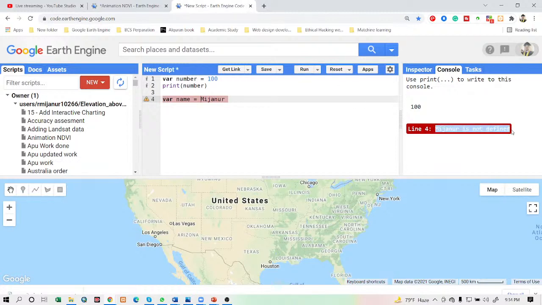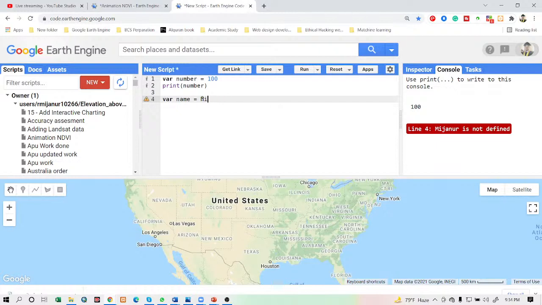Mijanur is not defined, because you can see here this is a string. String means a group of characters. Here you can see M is one character, I is one character, J is one character, all of these are one character. When you make a group of characters, this is called a string, and when you define any string, you must use a single quote or double quote, otherwise it will not work.